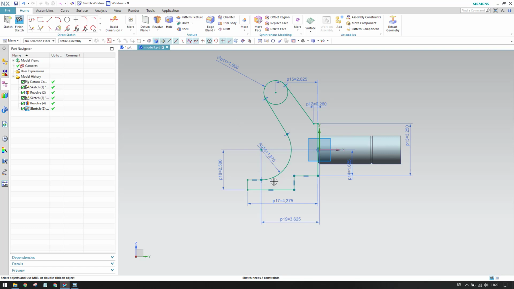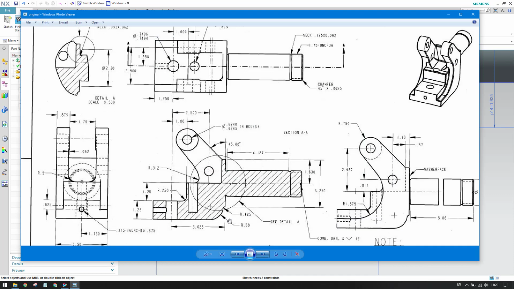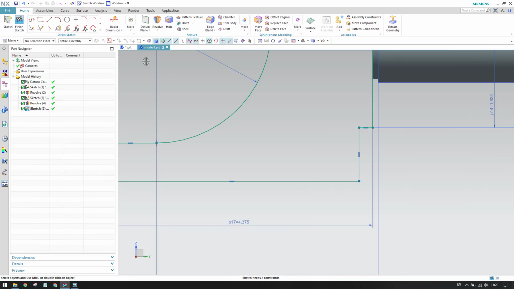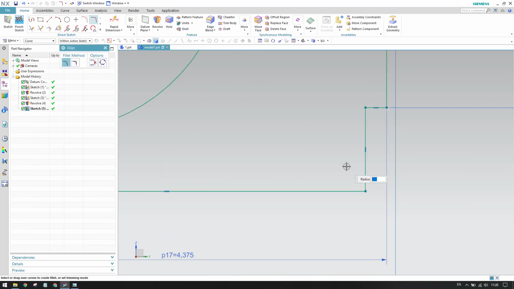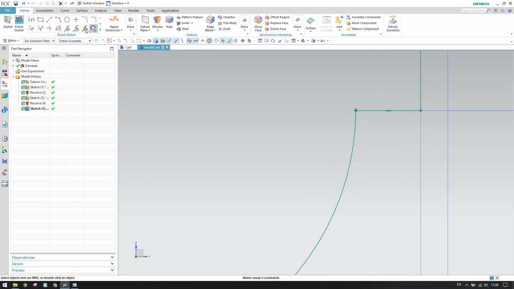So we have one arc here. So let us give that arc. So that arc dimension is 0.88 and 1.125. So let us give a fillet. So this is 0.88, and then this should be deleted, and also give fillet between this to this. And what is this? 0.125. Okay,